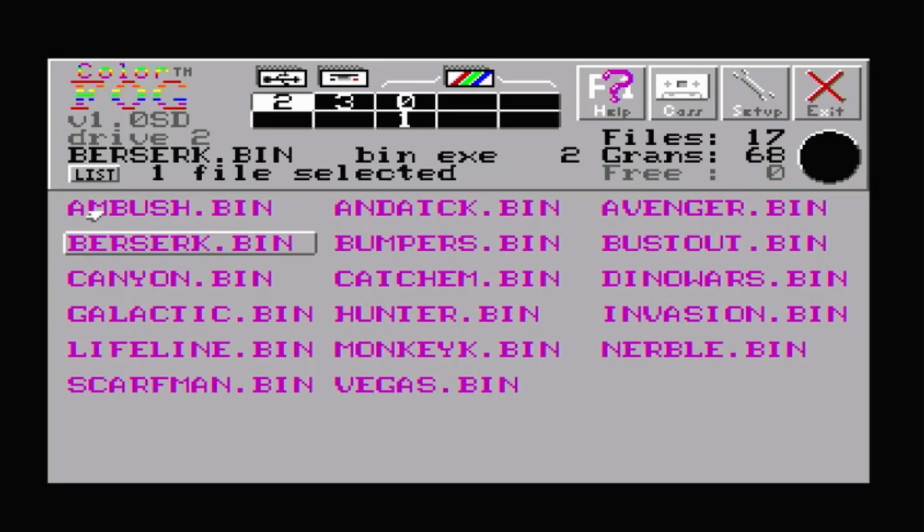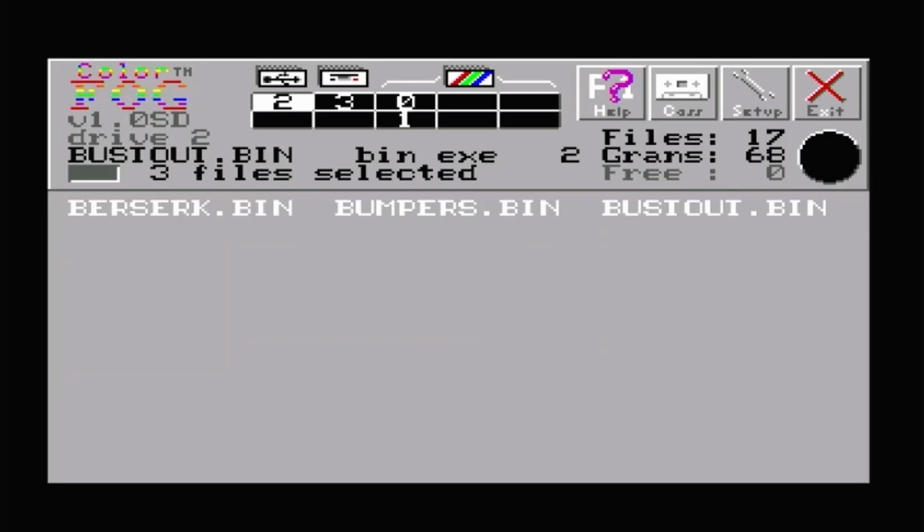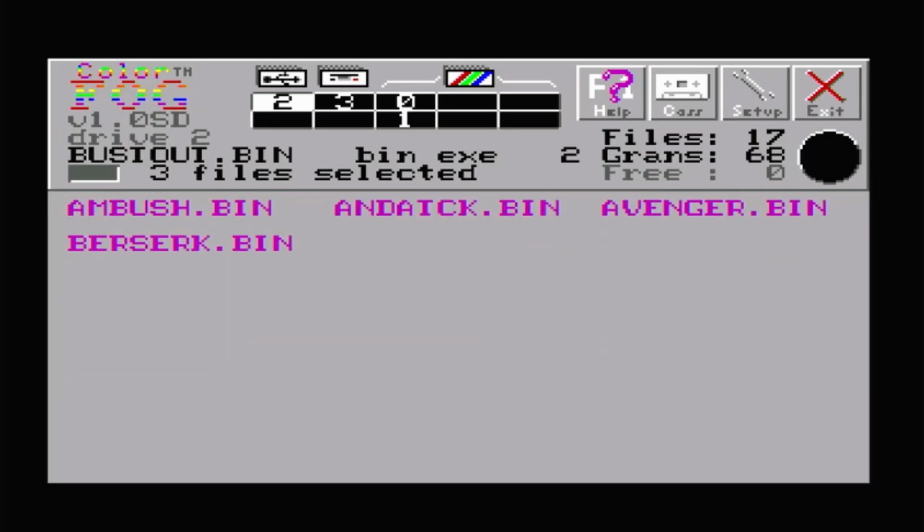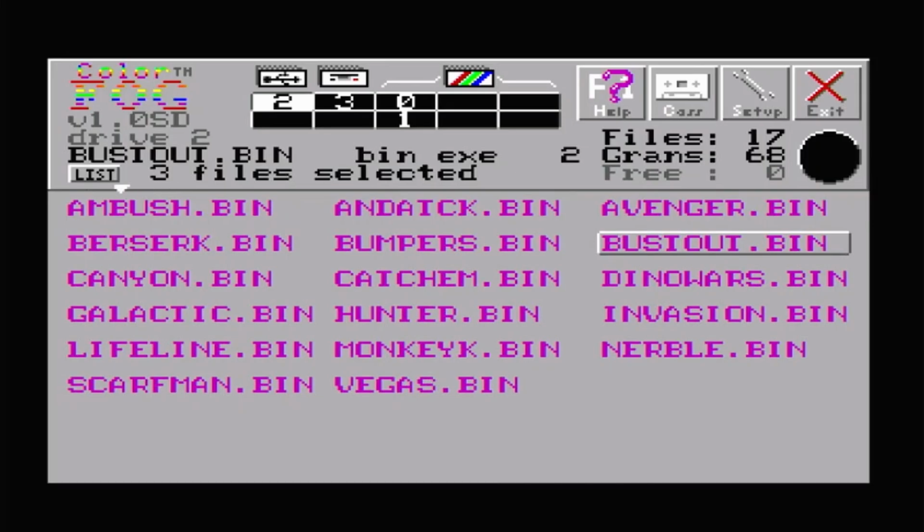That tells me I've got 1 file selected. I'm going to click bumpers and bust out. So now I've got 3 files selected. And if I hit list, it shows me which files I have. Click the button again, get out of that list. I still have those 3 files selected. And if I actually click this button,